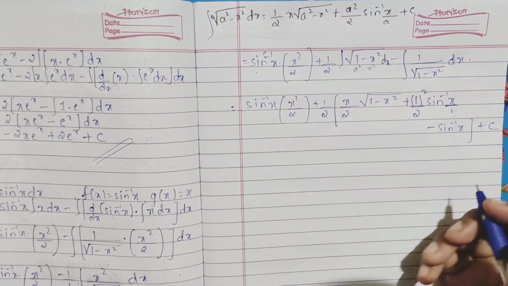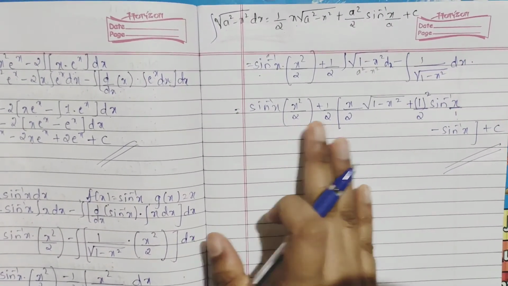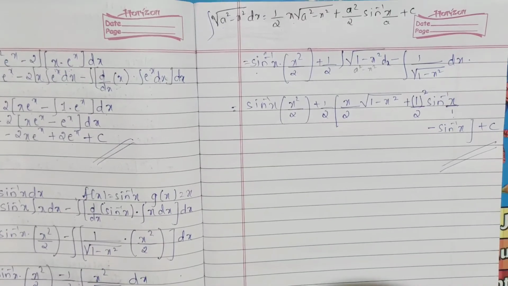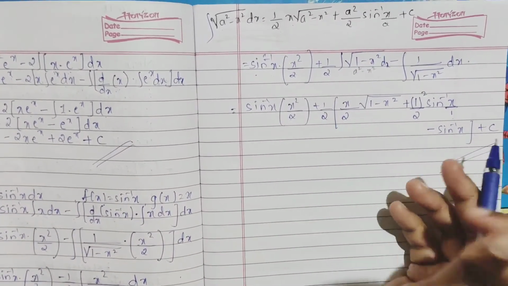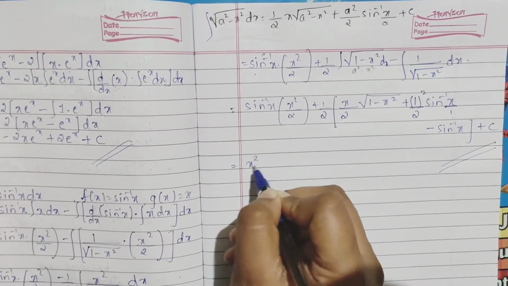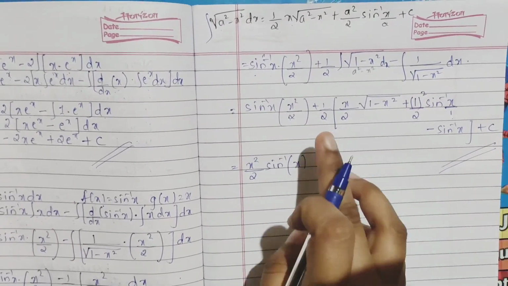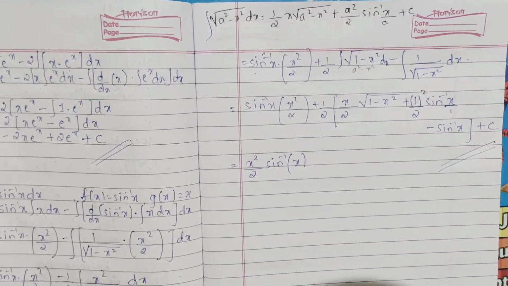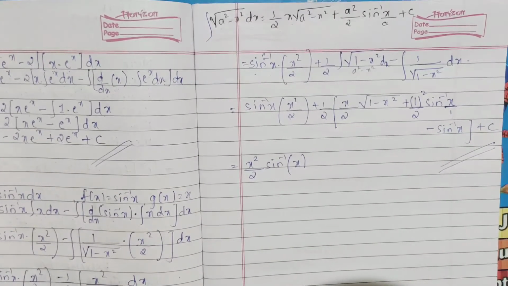I hope this much is clear for you how you have to solve. If you want to match it with your NCERT answers only, then you can multiply the whole thing and group like terms. We'll see x square by 2 sin inverse x, okay, then multiplying this 1 by 2 into x by 2, it will be x by 4, right?